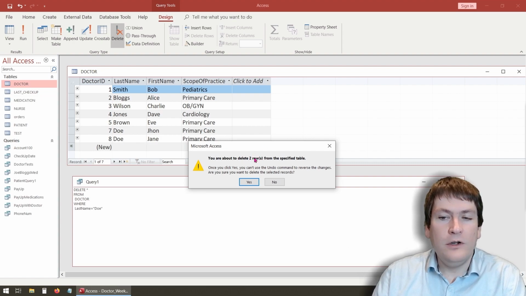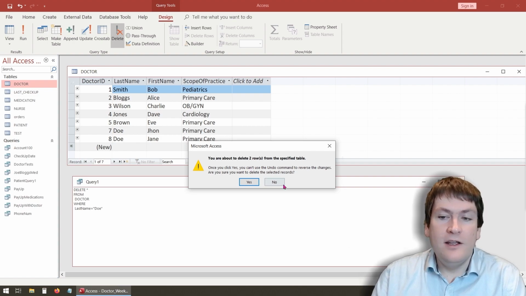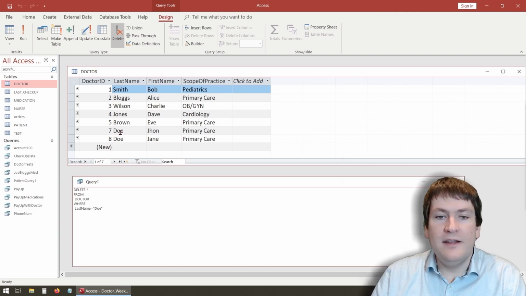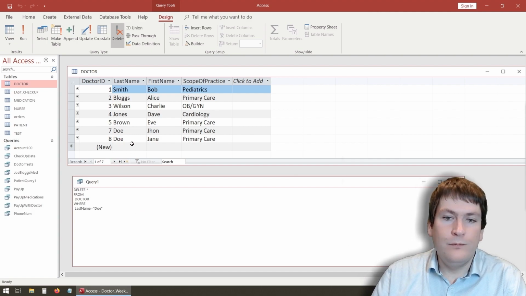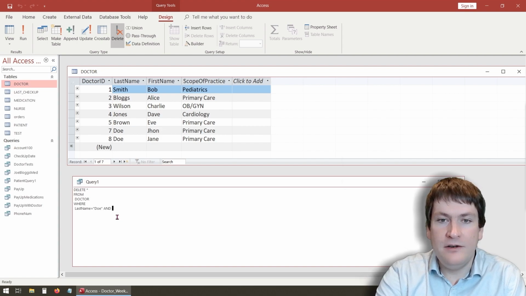So if you look and you see that the number of rows being deleted isn't what you expected, you want to say no and see what could be up with your query. In this case, we said just Doe, so it's going to delete everyone whose last name is Doe, when we want to only specifically delete Jane Doe. So we have to have and